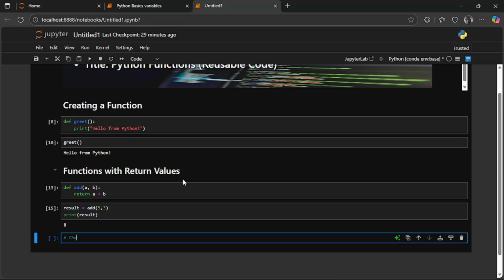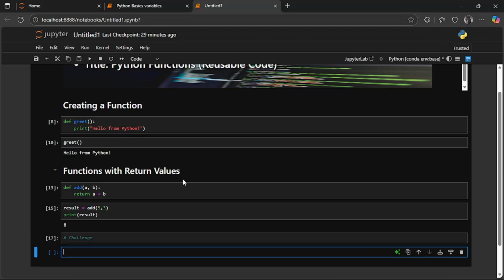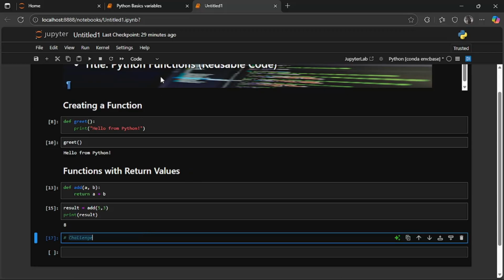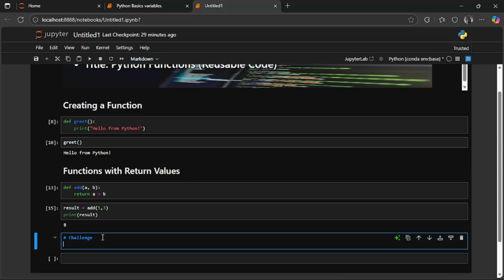Challenges. Write a function that takes two numbers and returns their average. Okay, so